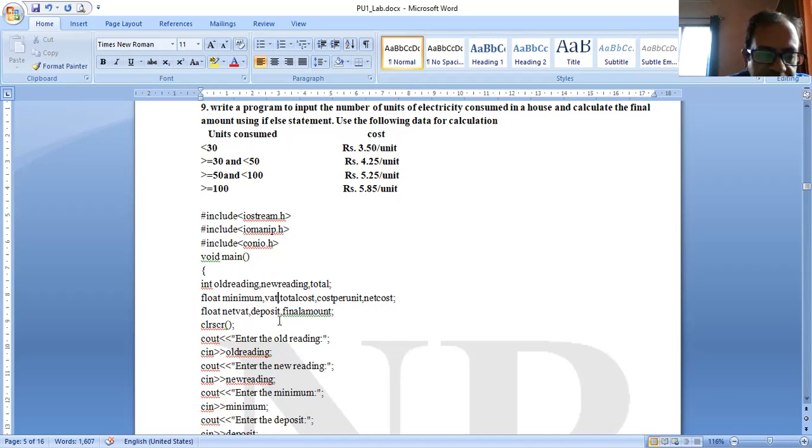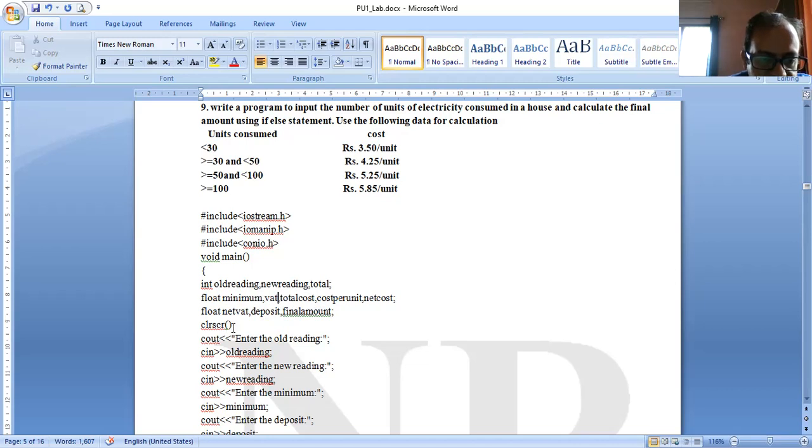Then float net VAT, the net VAT they have told. Then the minimum deposit required, and the final amount to show the result: how much the electricity bill should be paid after giving a discount and other things. That is the final amount.